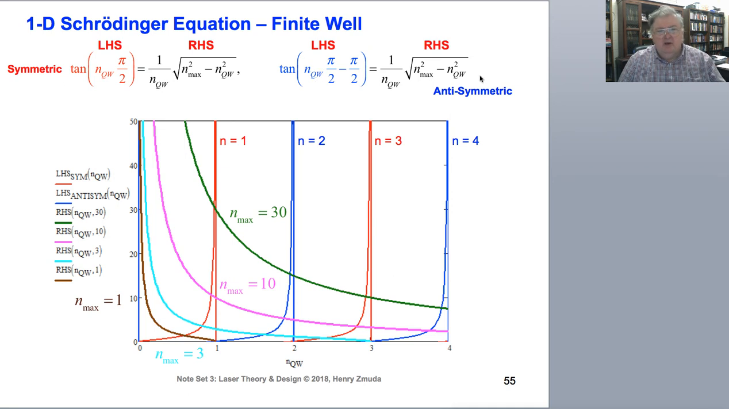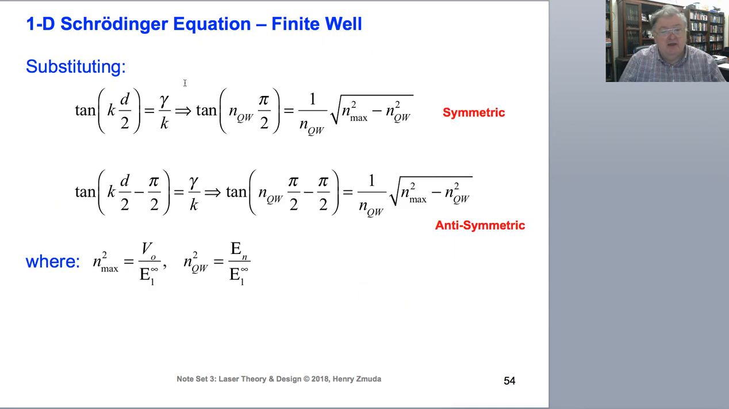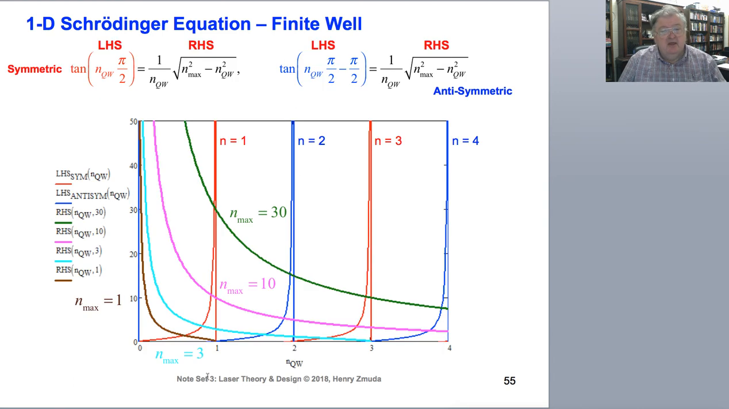That has to equal the right-hand side. Well, the right-hand side has an additional term in it. It has n max. Remember, n max squared was V0 over E1 infinity, so it's telling me something about how deep the well is compared to E1 infinity. But it's a number that I know. So let me just pick some numbers. Again, n quantum well is the variable, so I'm now going to plot the right-hand side of the equation as a function of n quantum well. If I picked n max equal to 1, I would get,